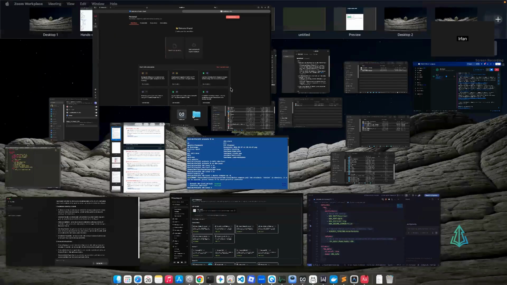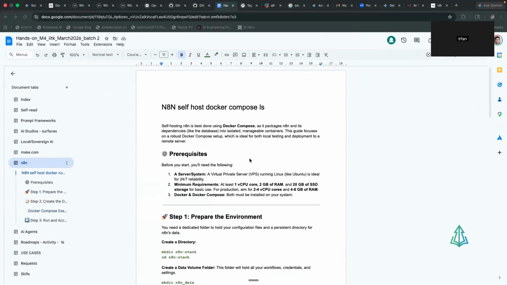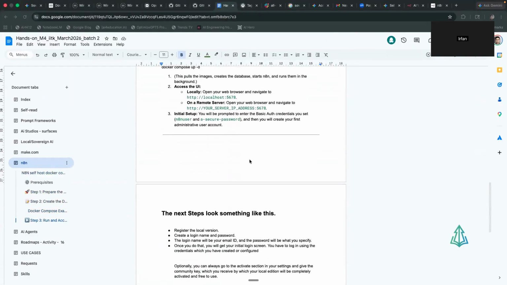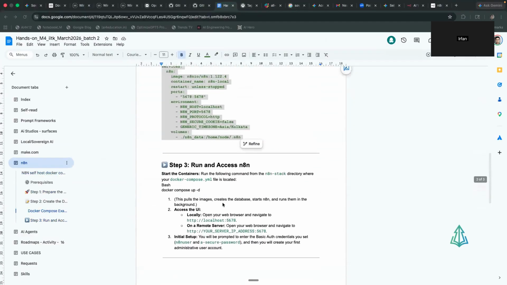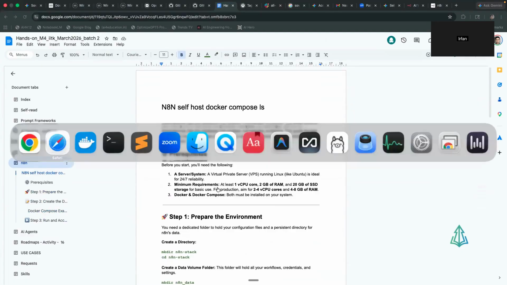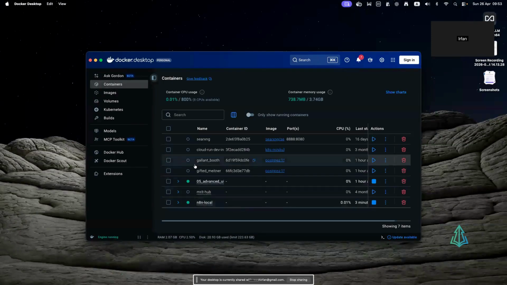But yes, this is how you run a Docker desktop locally. And this is how you get a local instance, unlimited opportunities of Docker running on your system. So all details and steps are over here. I've also outlined what is the next set of steps that you can expect. So I hope this plays a good role in your journey of learning Dockers and also getting you familiarized with